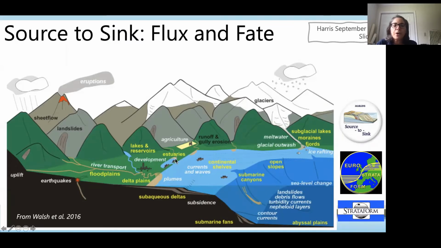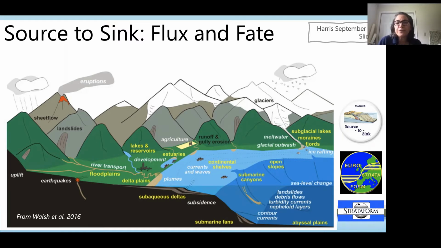So the primary focus of my work has been looking at material once it comes, usually I've looked at riverine systems that are dominated by river input. So looking at that fluvial material once it gets into the coastal ocean. Is it advected along shore by coastal currents and carried downstream, or is it reworked by energetic waves and currents on the continental shelf, perhaps feeding downslope transport to the deep sea? The main way that I've tried to approach contributing to these larger source to sink issues is by developing numerical models for estuaries and continental shelves.